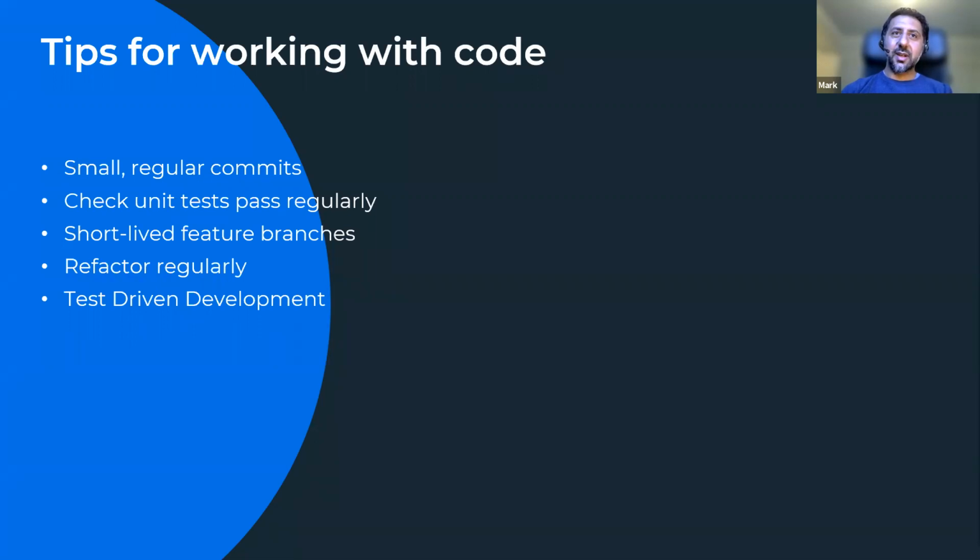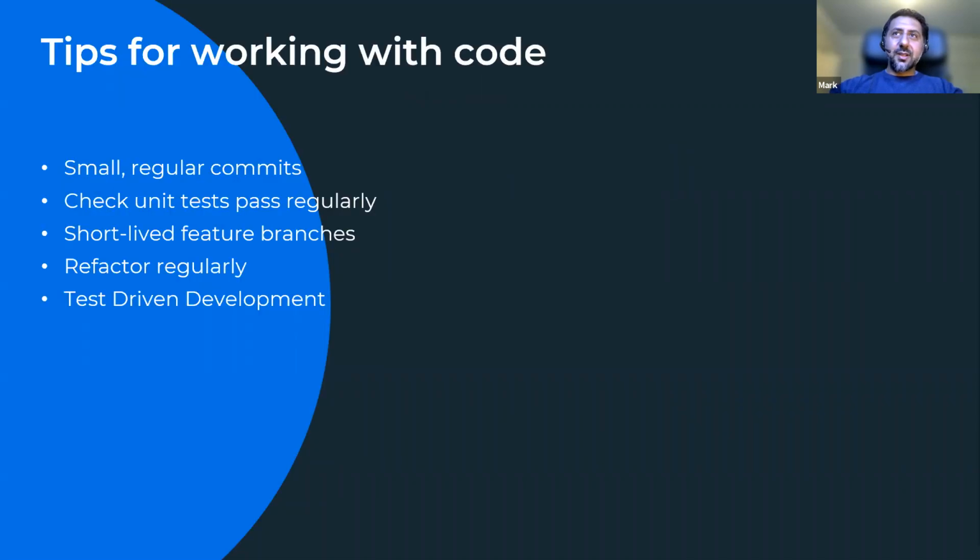So here you would write just the one test, or even just the minimum amount of a test to make it fail, so it goes red. And then you write the minimum amount of application code to make it pass the test. And then that's the green part. And then after that, you'd refactor. And then you'd go on to writing the next test. So you can see the red-green refactor means that actually you're making small regular changes and you're refactoring regularly. So this is one of the advantages of test-driven development.